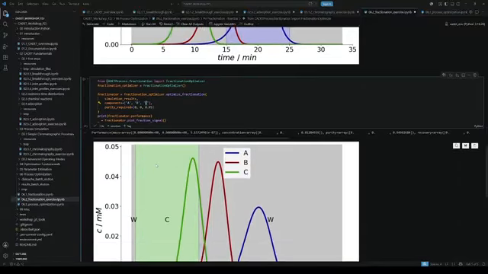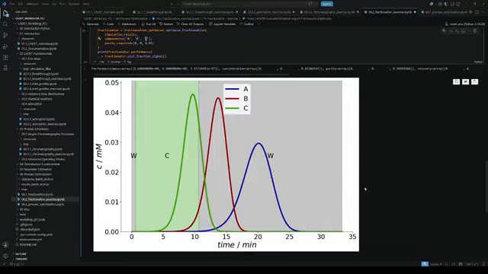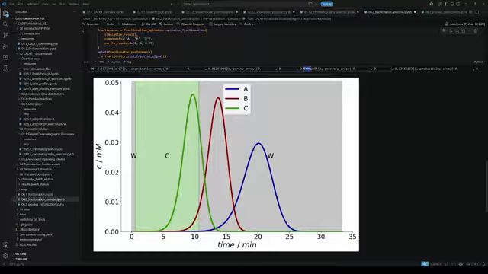Not A, but C. And here we can see the system tells that, okay, if you want to achieve 95% purity for your component C, you have to stop your fractionation at this time point because obviously now B is bleeding into it. So as you can see, the purity is 95%,